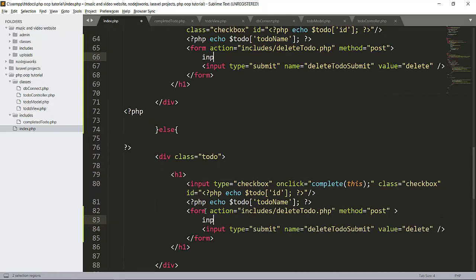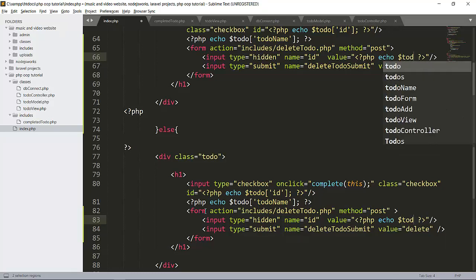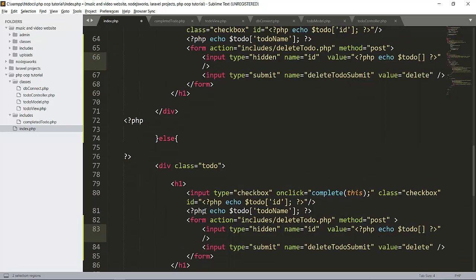Here we need one more input tag. The input type will be hidden, and here will be id. Its value will be our PHP tag, where we will echo the to-do and then its id.